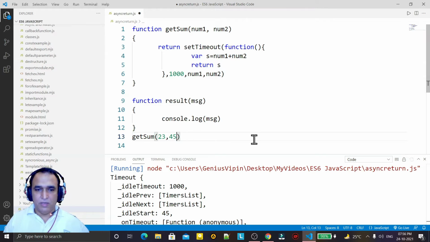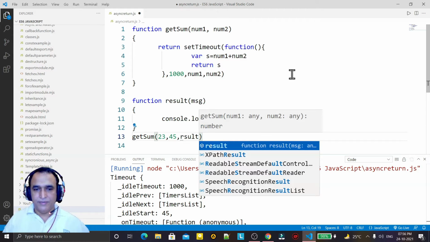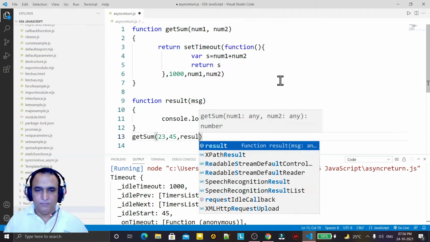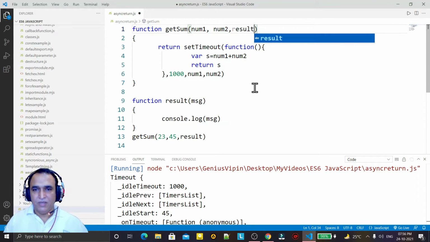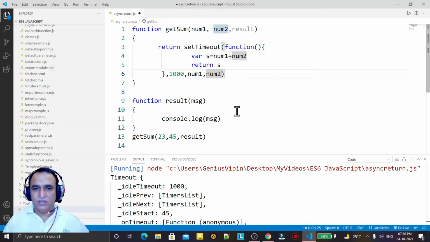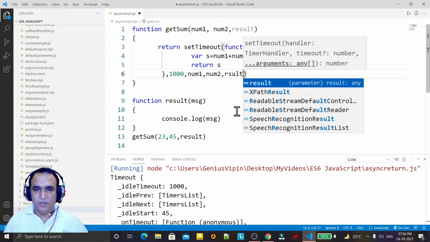Here I am calling this result as a callback. I am passing it as an argument, as a callback function, and this function will display the result. I am passing this function here also as an argument.